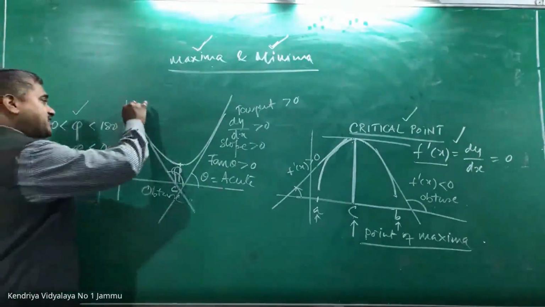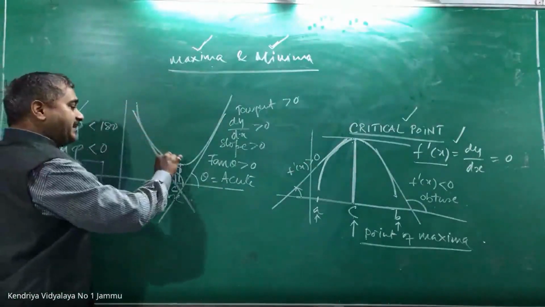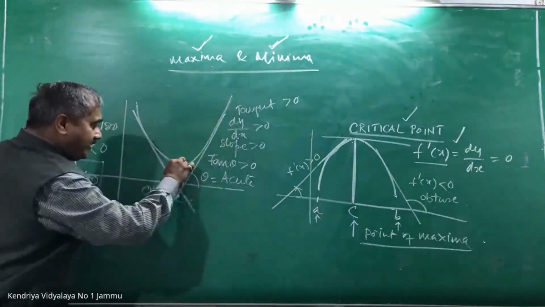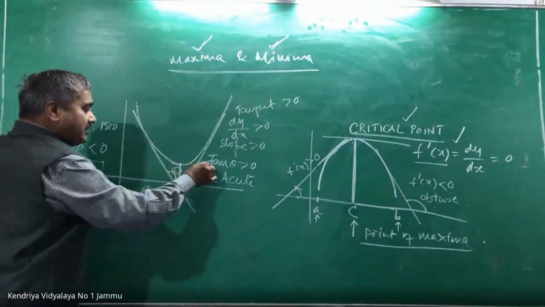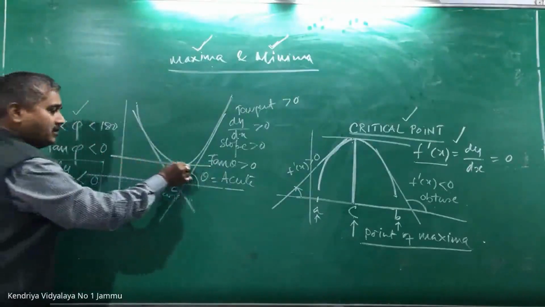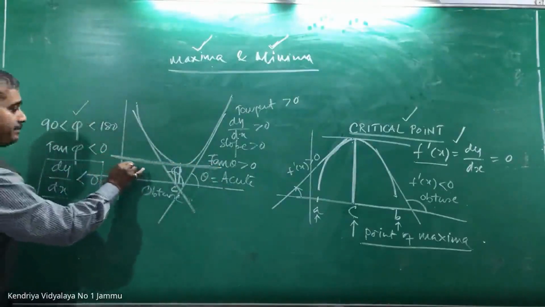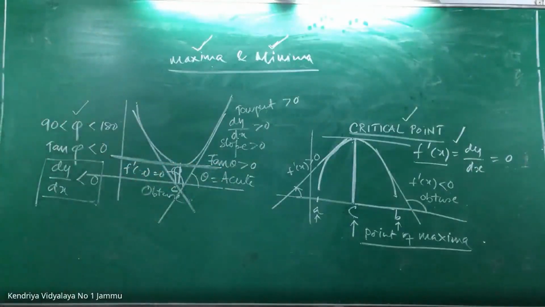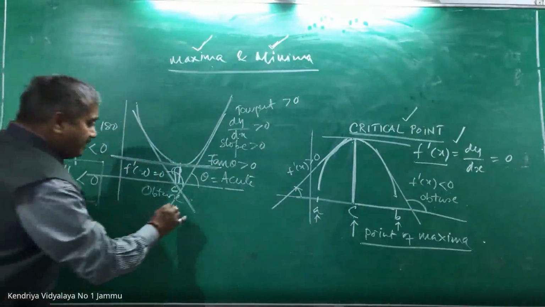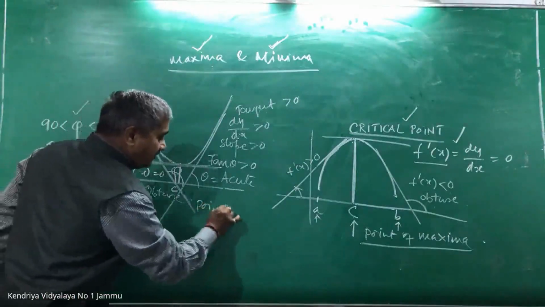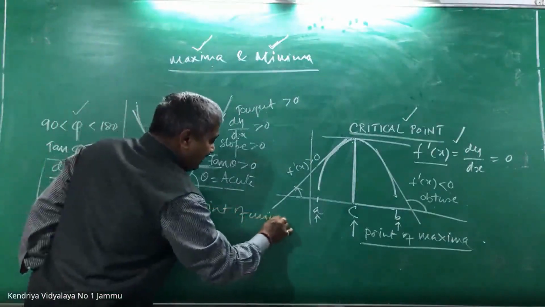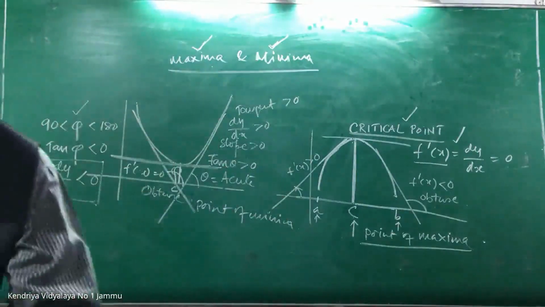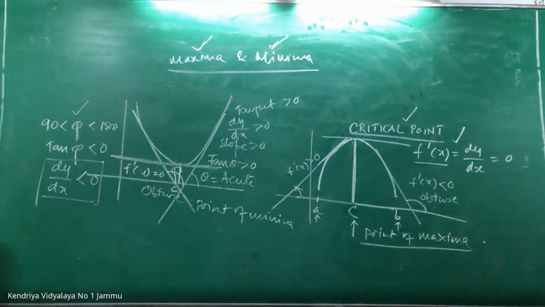When a function keeps decreasing, stops for a while and starts increasing, that point is where the tangent drawn is parallel to the x-axis, where the slope becomes 0. That is known as the point of minima. Please write down both the diagrams. This is self-explanatory. Please write down both the diagrams.